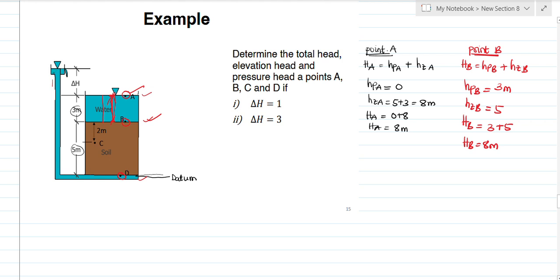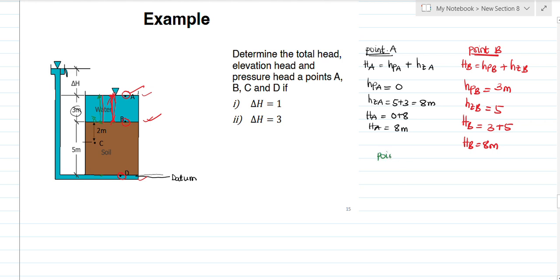Remember I said water will flow from a higher head to a lower head. So this is the higher head, so the water will flow in this direction. As the water passes from D to B, there's going to be head loss. But when it gets to B, the head that it arrives with will be the same head that it continues with, because from B to A there is no obstruction. But from D to B, there's going to be obstruction. We will see it as we continue with the solving. So that's the total head, right? Now the second question is to find the total head at